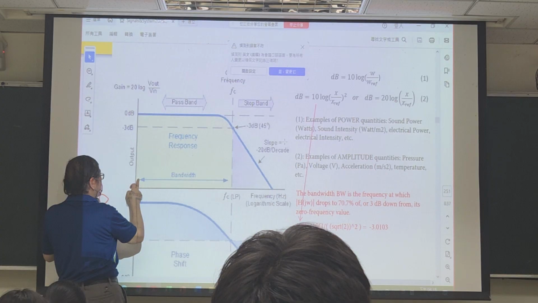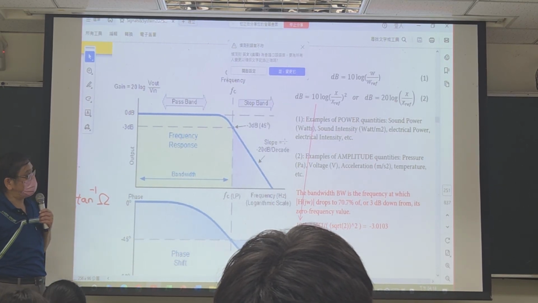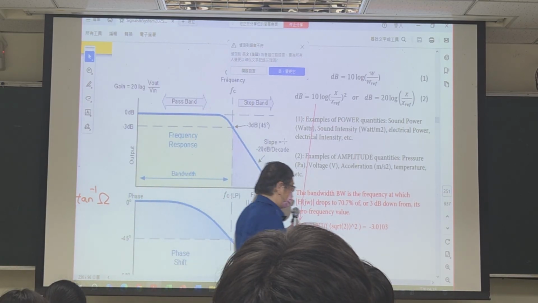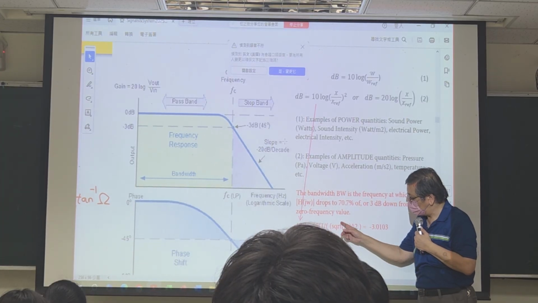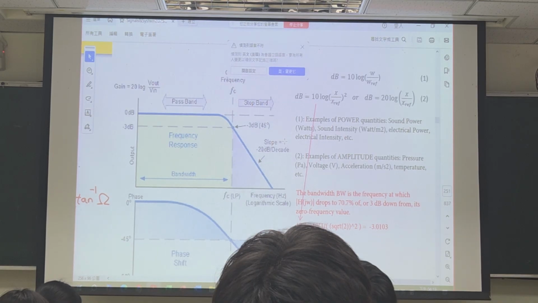Then this frequency up to 0 is called the bandwidth of the system. Negative 3 dB is about 1 over the square root of 2. So when your magnitude drops to 1 over the square root of 2,